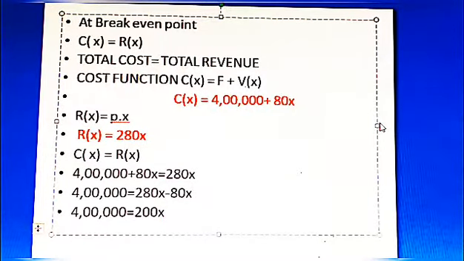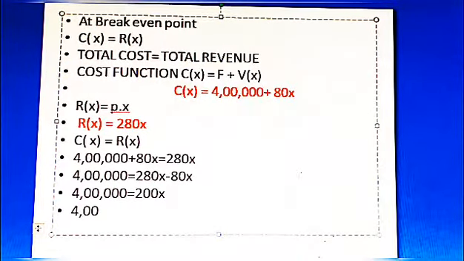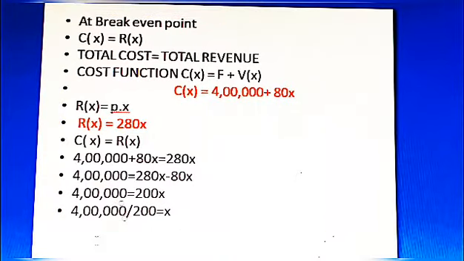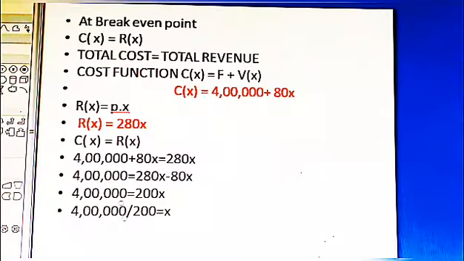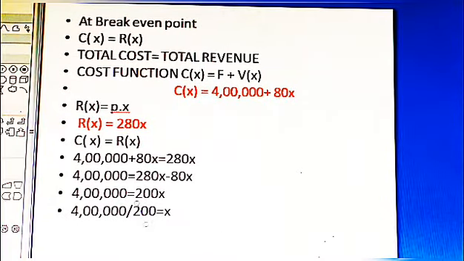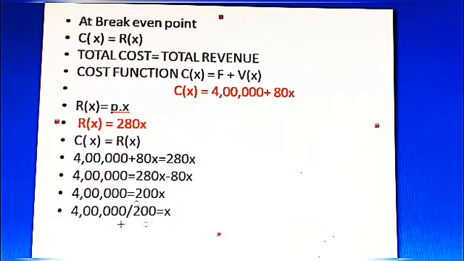So the next step will be 4 lakh divided by 200, which is equal to X. Am I right, friends? So 4 lakh divided by 200. Quickly use a calculator and tell me what is the answer. Okay, I can cancel out this 0, and then the 0 here. Similarly I can cancel out the other zeros. Correct? And then I can divide. The remaining is 4000 divided by 2.